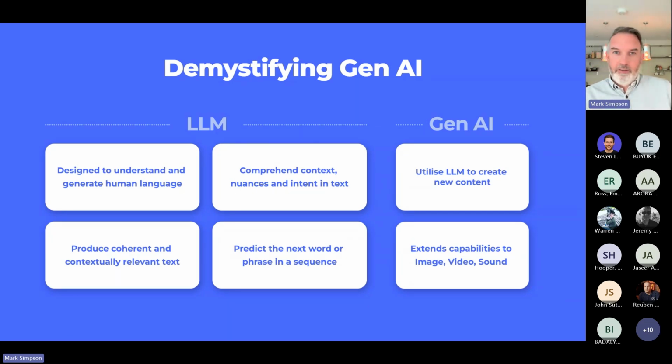So what Gen AI does on top of those LLMs is it gives you a mechanism and a way to use those to create the new content, to plug in extra steps to be able to say, there's the first pass on the response. Now let's make it meaningful to the consumer, to the end user. The advances we've had recently have really extended these capabilities to be able to read images, see meaning in images, see comparisons of images and videos and sound. So a fully rounded tool is now enabled to assist you in your daily jobs.